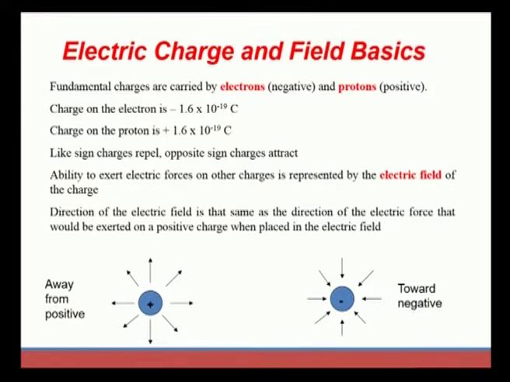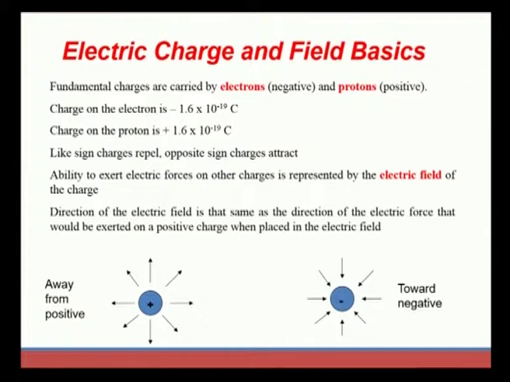So, charge in this sense means we need to consider the electron as well as the proton. The proton has a positive charge and the electron has a negative charge, but the magnitude in coulombs for both is the same, that is, 1.6 × 10^-19 is the value for both proton and electron. We also have to know the property of charge: like charges always repel each other, and unlike or opposite charges attract each other.